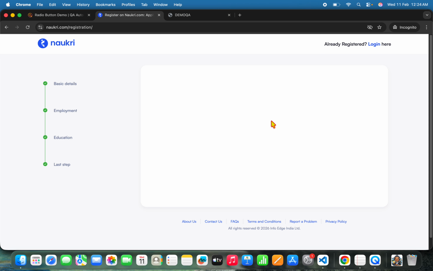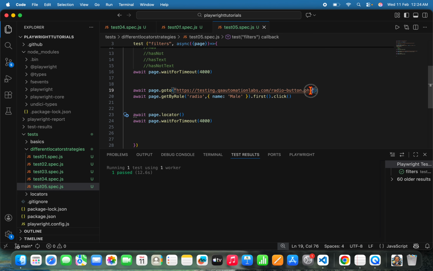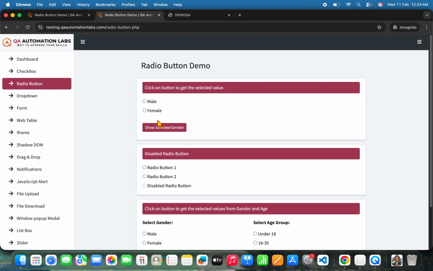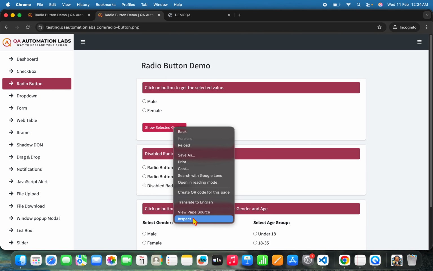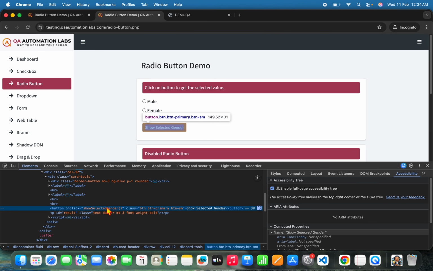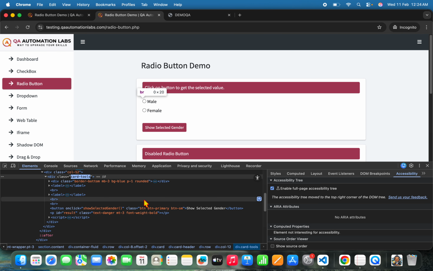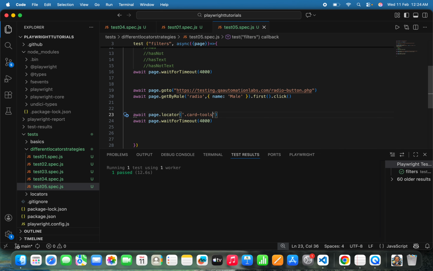Last time we used, okay, so show selected, inspect, and this was under card tools. So let me copy this card tools, locator dot this, and then I'll put first because it was resolving into 3,